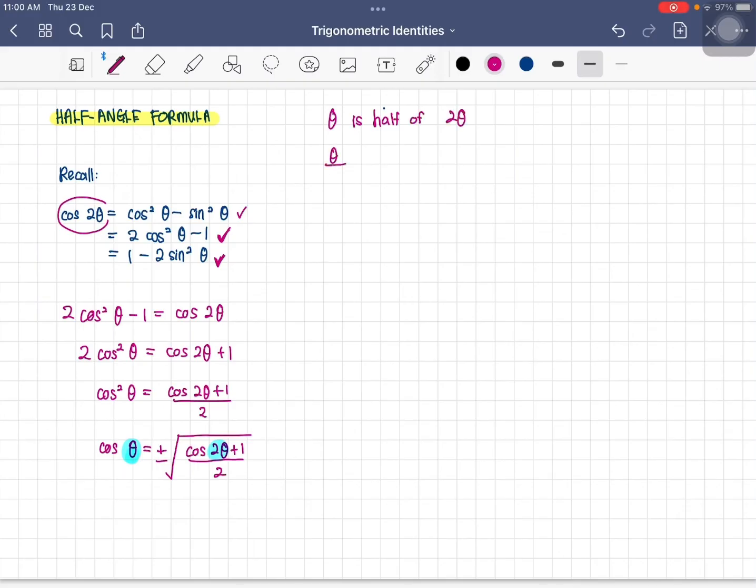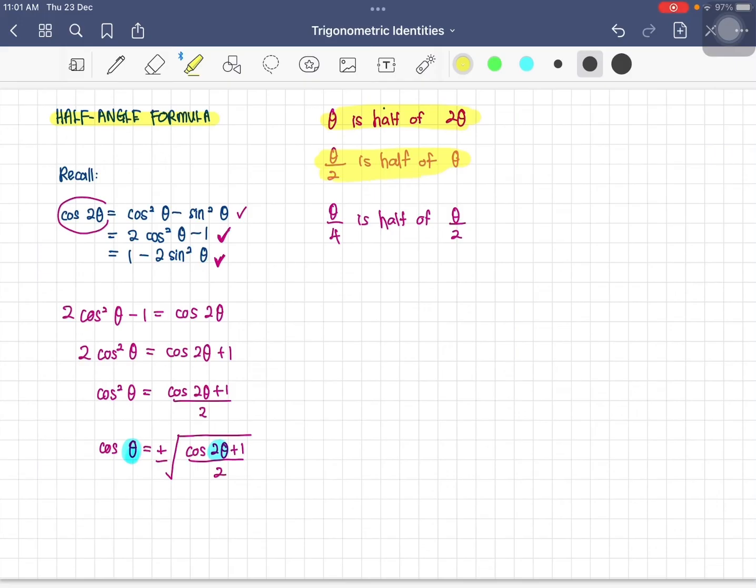What about theta over 2? It should be, it's actually half of theta. If you proceed with theta over 4, it's actually half of theta over 2. Right, so if you have actually this one, theta is half of 2 theta, therefore theta over 2 should be